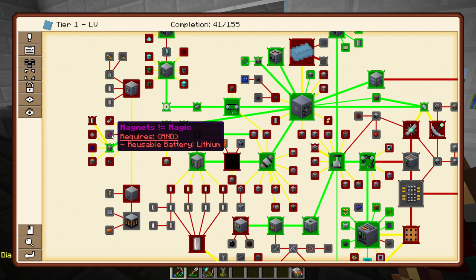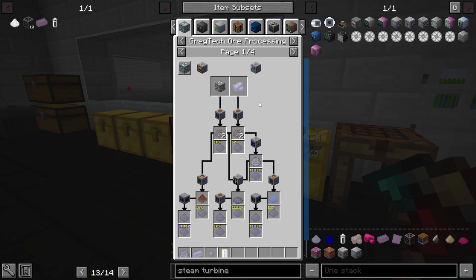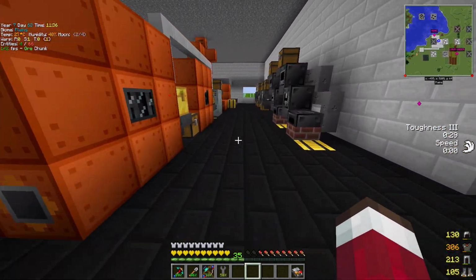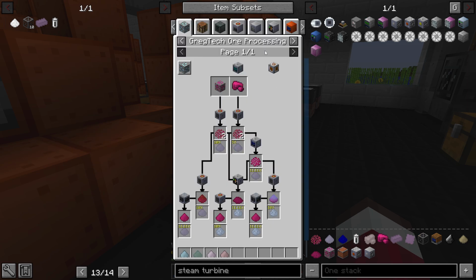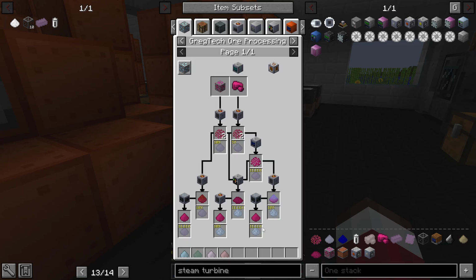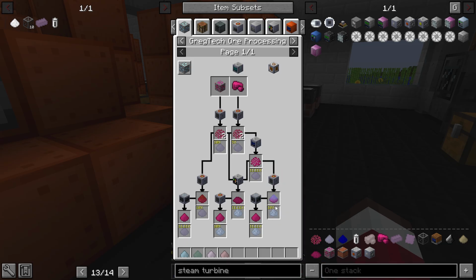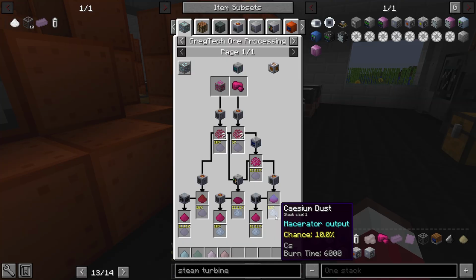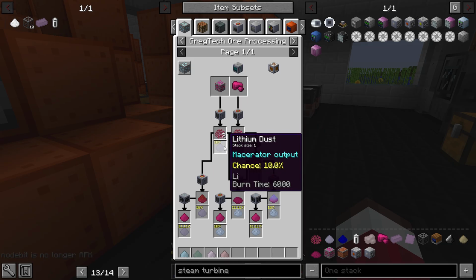Yeah, we're gonna work on the one anyways. We can get a magnet here soon. Reusable battery lithium. Yeah, need the lithium for that, which is fine. Let's go ahead and do this. So I want to see if I can do this twice or once, because that really depends on how I want to do stuff here. If I decide to wash it, I get this one. Can I still? Oh no. Apparently you can only do it once in this method. I mean, you would get the cadmium if you need it for something. So if I do crushed...